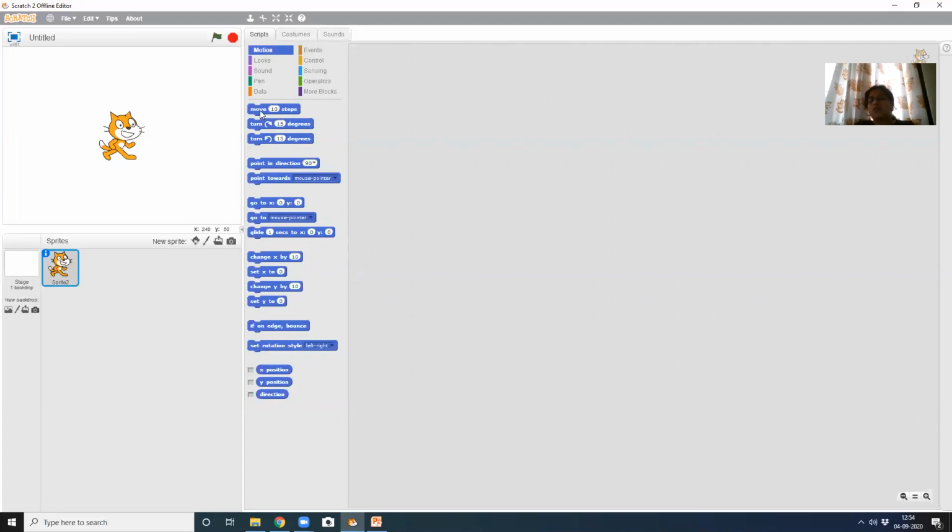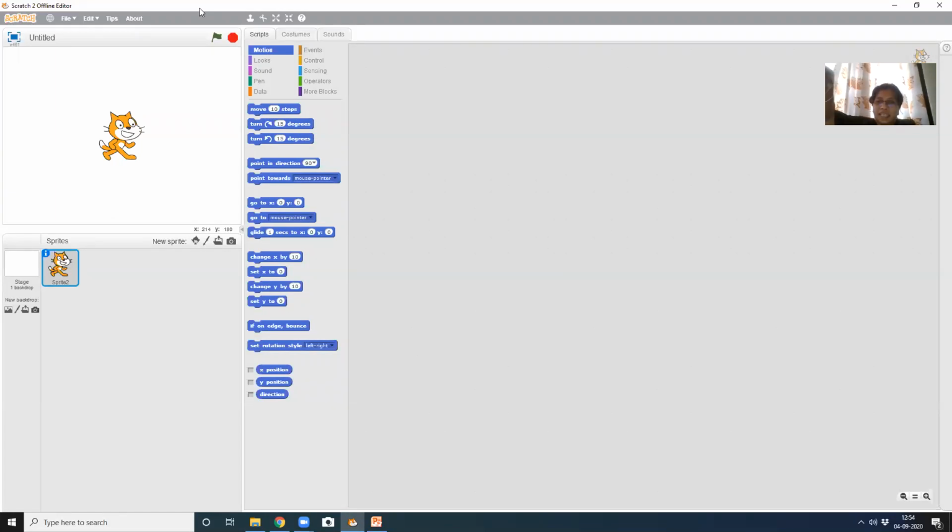For dragging and dropping, children, remember one thing: you have to click on the block, but do not leave your left click. Keep it pressed. Can you see here? I am keeping it pressed, and until I drop it in my script area, I am not going to leave my left click.